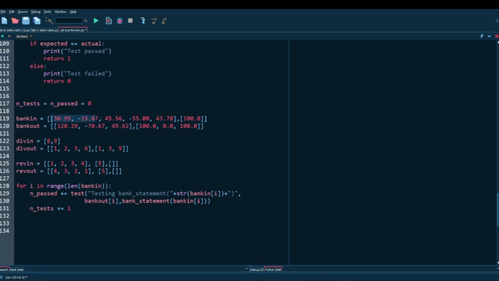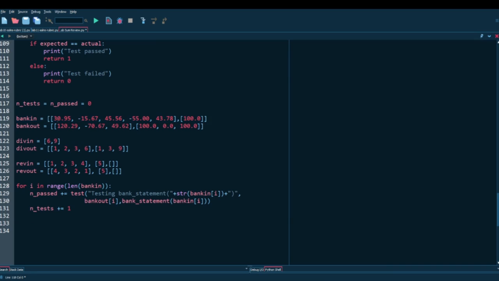So this is your actual value, and this is a second actual value. This is expected, and this is expected. So basically, instead of doing actual equals this, expected equals this, you skip all that into one statement, which is going to be a list of lists.